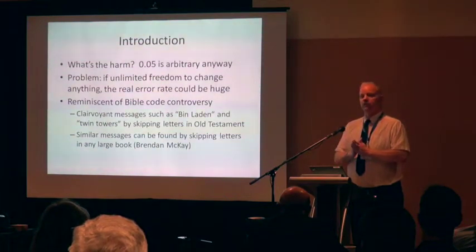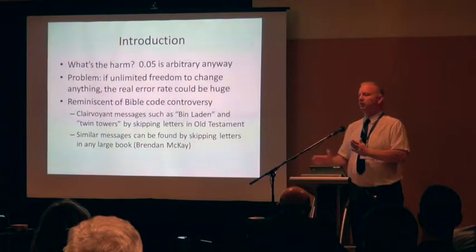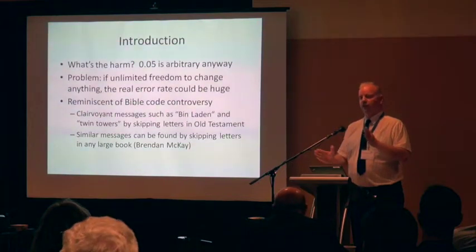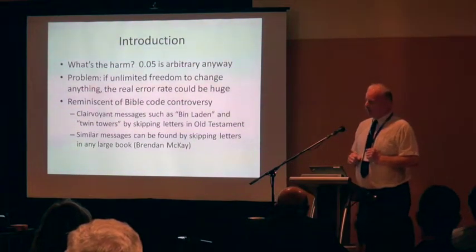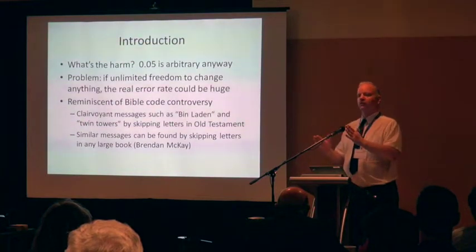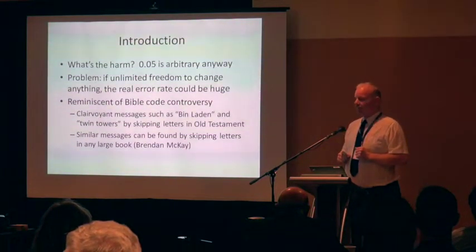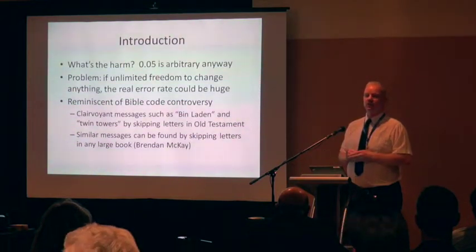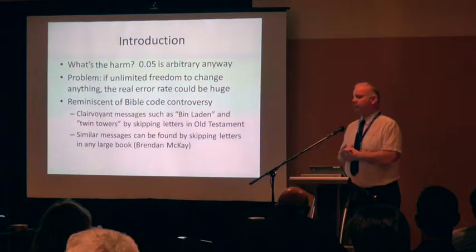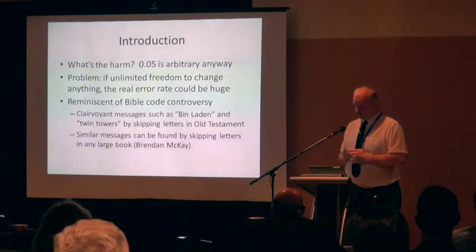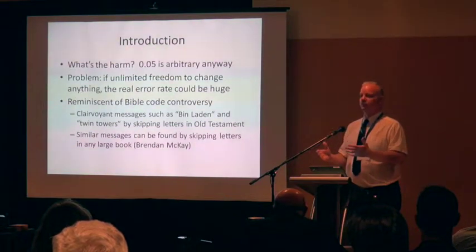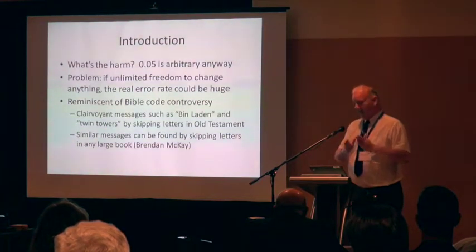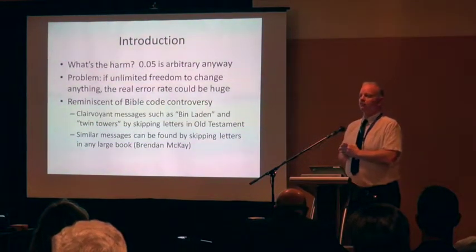letters in the Old Testament, so you take, say, every 50th letter or every 100th letter, most of the time, of course, what you get doesn't spell anything. But then once in a while, by chance alone, it does spell out things, and you can in fact find Bin Laden and Twin Towers. I forget how many letters you have to skip before you see that. But you have so many degrees of freedom because you're allowed to choose any number of letters to skip, and then of course, you go through a huge book like the Old Testament.